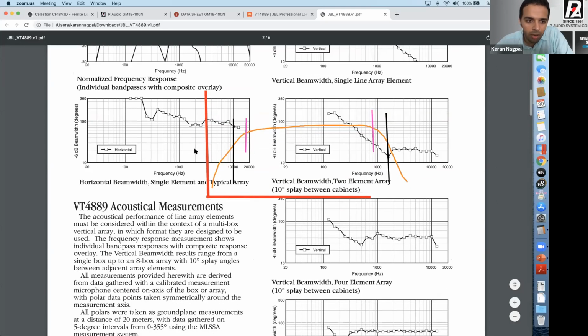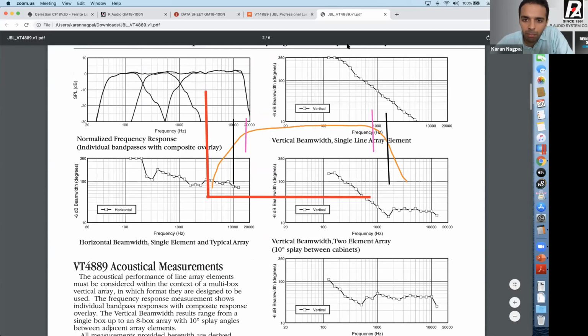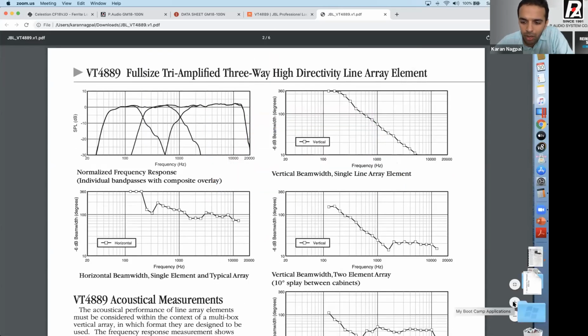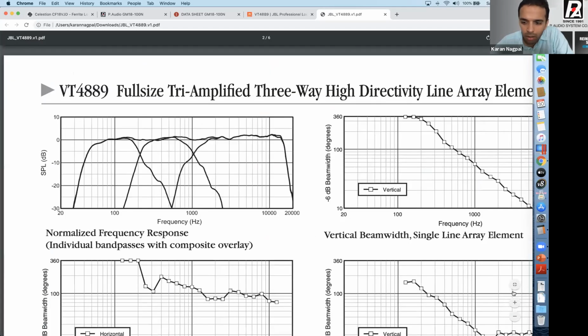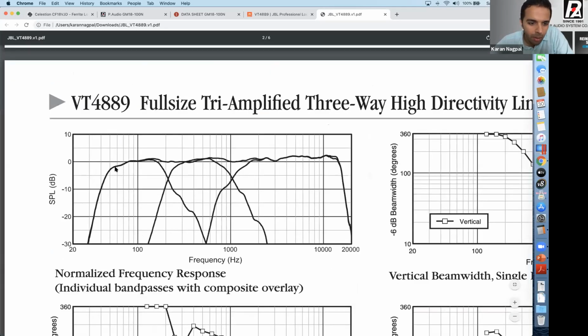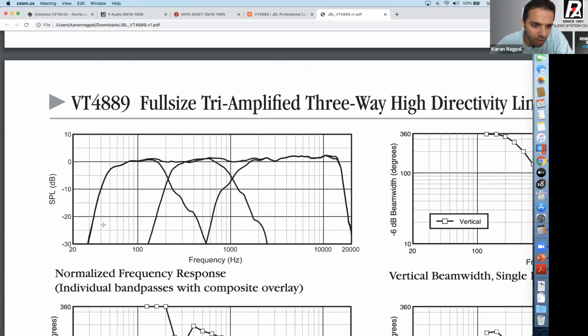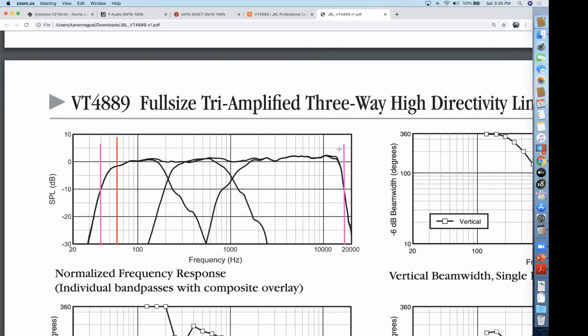If you see the combined frequency response graph here, let me just try and zoom in. So probably minus 10 dB. So this is about 0. The minus 10 is about here. And let's just try and see how we read this. So this is your minus 10 dB point, which is somewhere here, and here. And then minus 3 dB is somewhere around here. And maybe. So basically it's a standard,